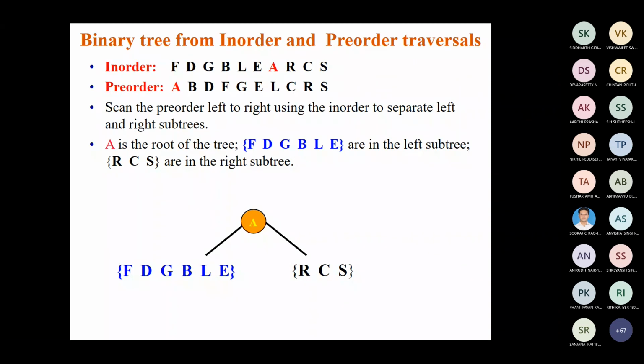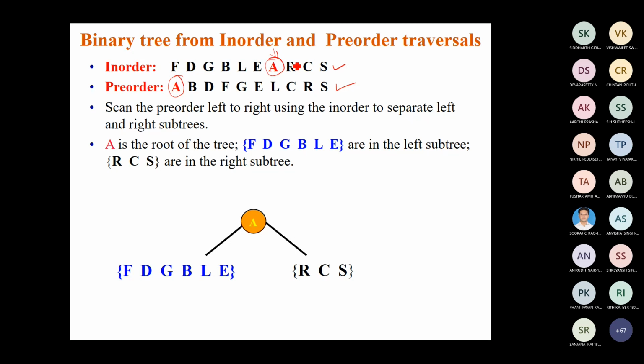Let's see here. This is the in-order sequence we have been given. Okay, this is the pre-order sequence. From our discussion, the first node in the pre-order sequence is nothing but the root node. Once the root node is identified, you go and identify where exactly the root node A is located in the in-order traversal. The root node appears somewhere in this in-order traversal output.